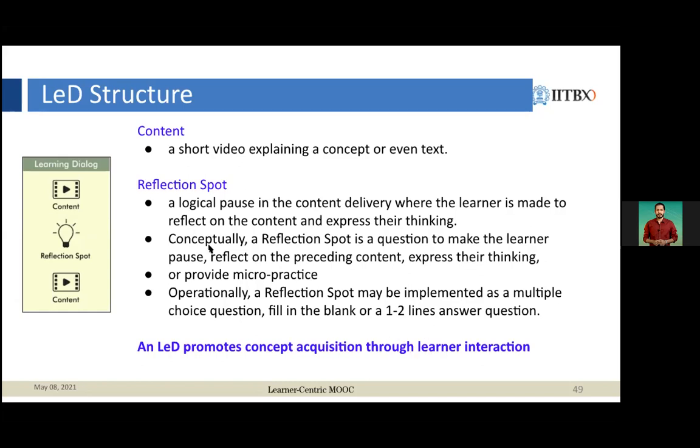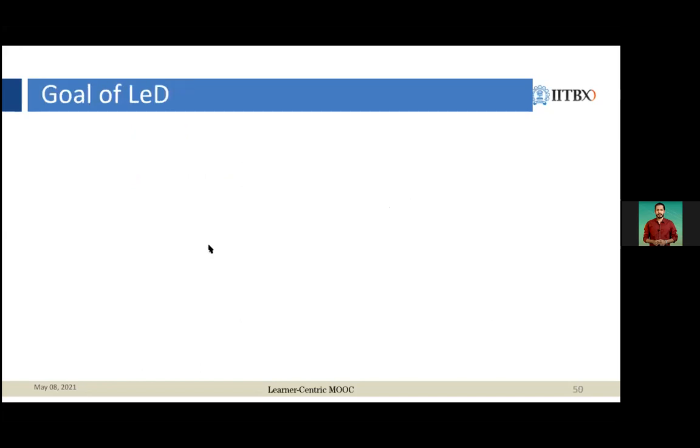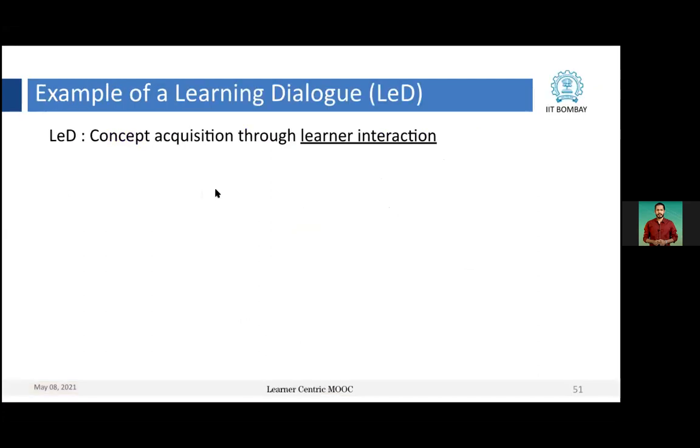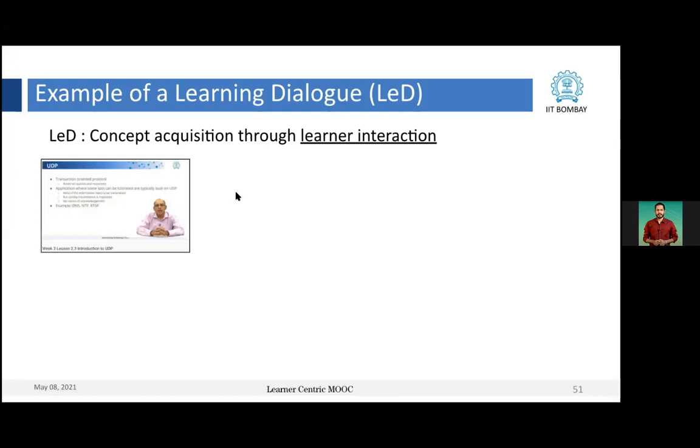So this is the part of learner interaction. So what would be the goal of LED? The goal of LED would be to provide conceptual knowledge with explicit spots for the learner to express their conceptions, micro practice, and reflect, like what we have seen. So let us understand this through an example of learning dialogue. Okay. So I'll show you.